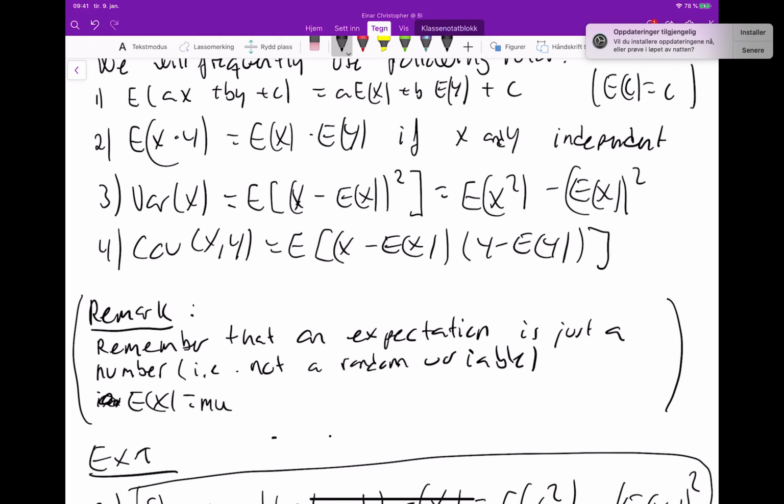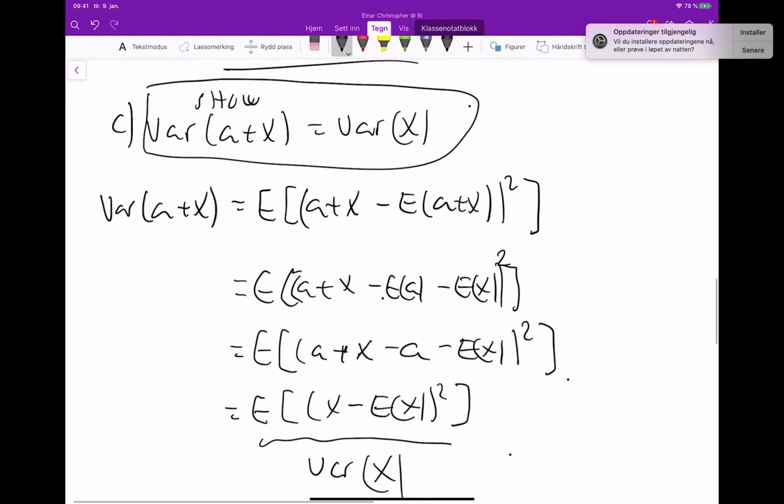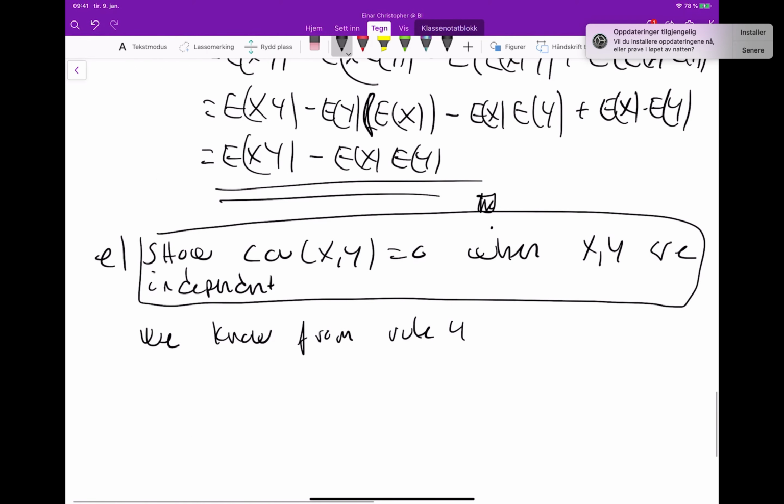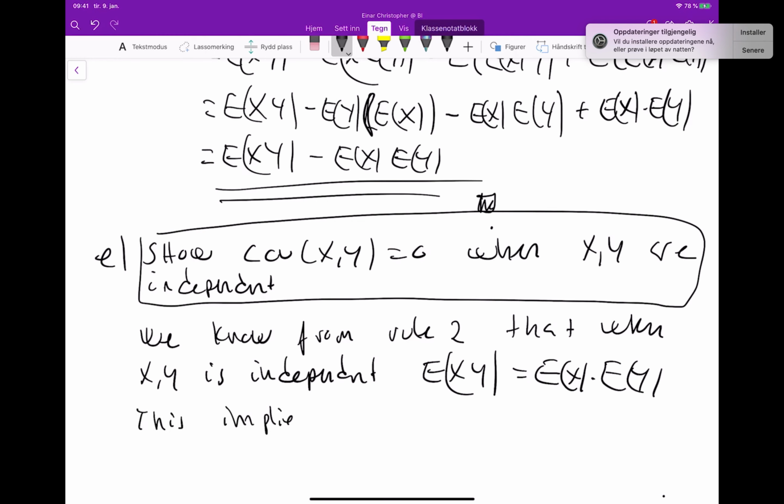Rule 2. We see that if x and y are independent, the expectation of x times y is the same as the expectation of x times the expectation of y. So we know from rule 2 that when x, y are independent, the expectation of xy is equal to the expectation of x times the expectation of y. So this implies that